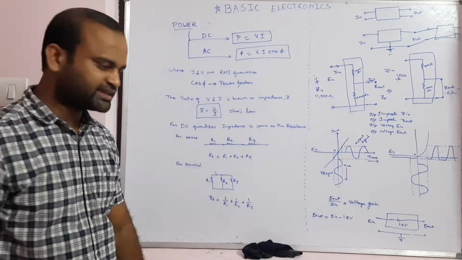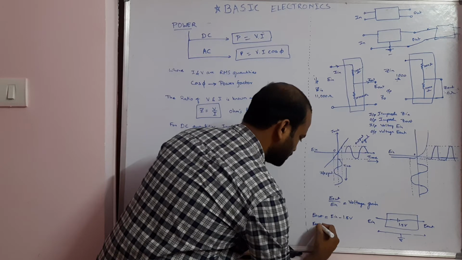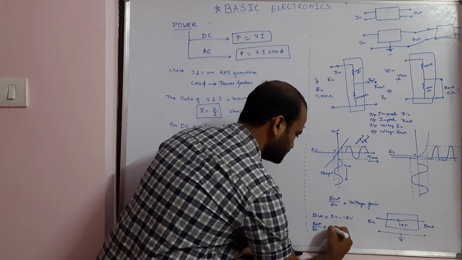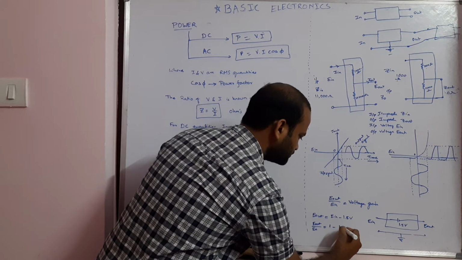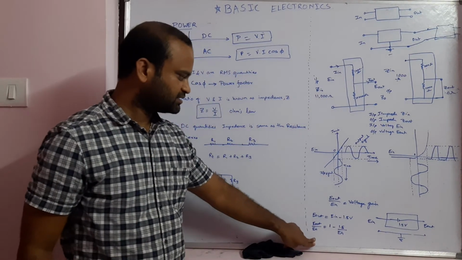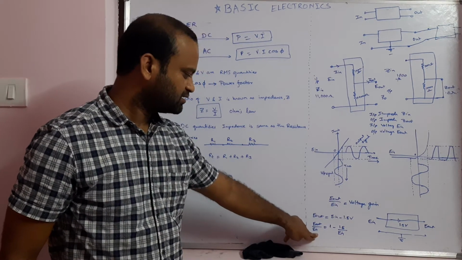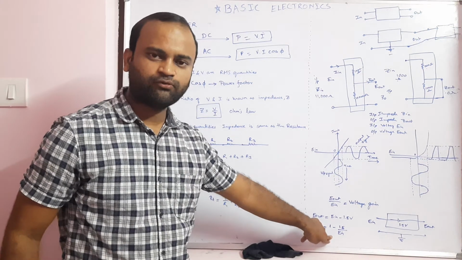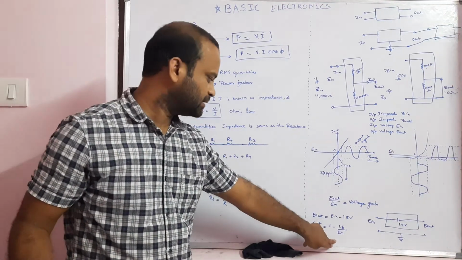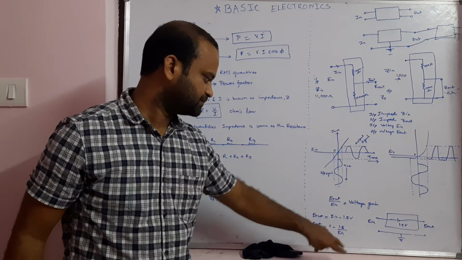Now dividing both sides by E in, it becomes E out by E in equal to 1 minus 1.5 divided by E in. With this, we understand that E out by E in, that is voltage gain, is not a constant. The voltage gain of a system may not be constant. It depends upon the input voltage as well, right? So this is the conclusion we can draw from here.